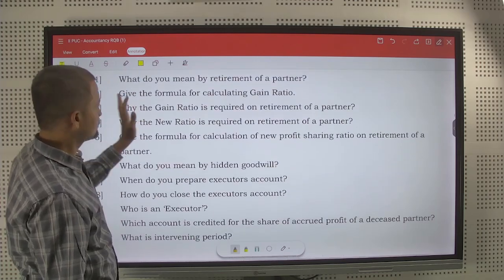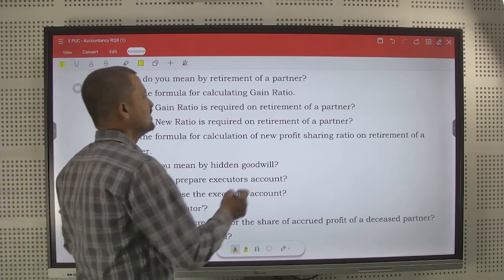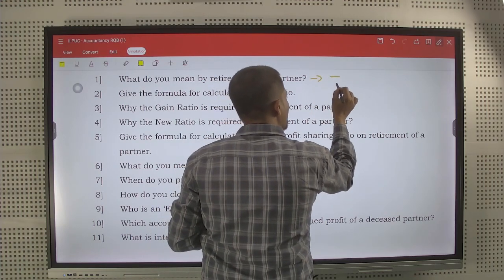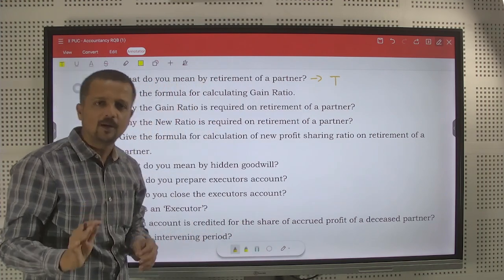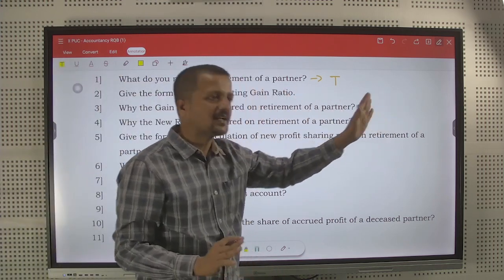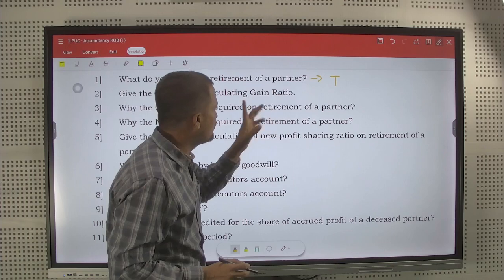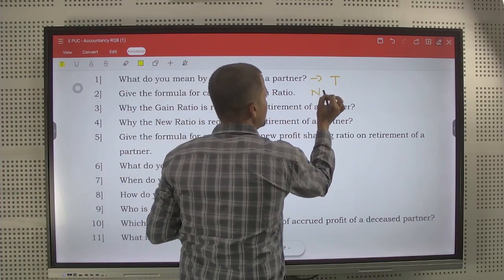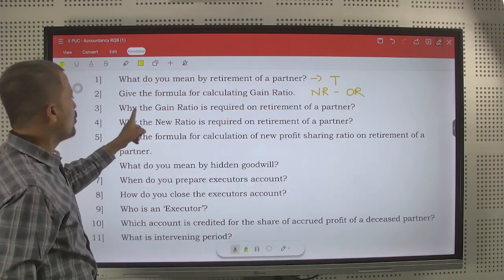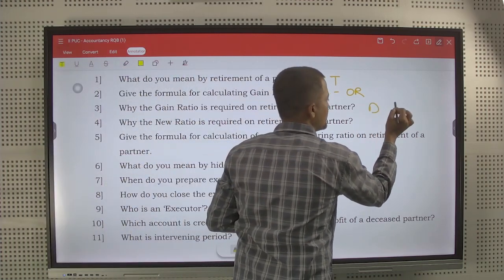Next, what do you mean by retirement of a partner? Right? See, very simple. The retirement of a partner is when a partner terminates his relationship with the firm during his life. When he is alive, and if the relationship terminates, it is called retirement of a partner. Okay. Then give the formula for calculating gain ratio. We know that new ratio minus old ratio, new share minus old share. Why is the gain ratio